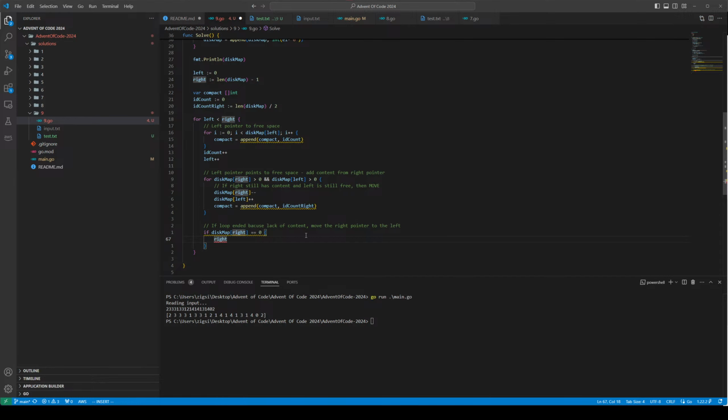We put the right pointer to the left, and we encounter free space to the left, right? So I guess we have to decrease it by 2. I don't know if it's gonna work, but